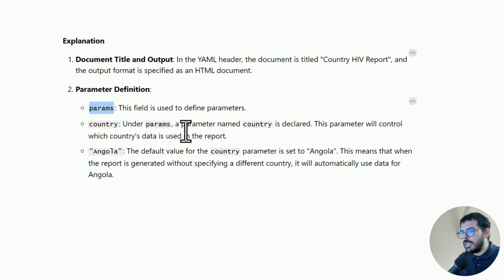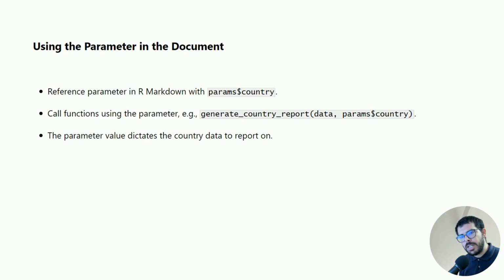Additionally, the Angola declaration is the default value for the country declaration, and that means that if we do not specify which country we're going to report on in our document, the default is going to be set to Angola. The idea basically is to define the parameters that are going to be used throughout the entirety of the code, but right in the beginning. So by specifying that country is Angola in the YAML header, we can access that specific parameter and use it in